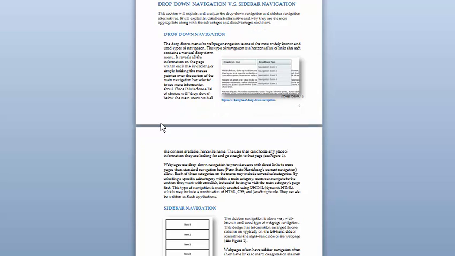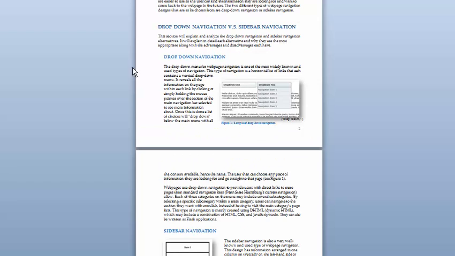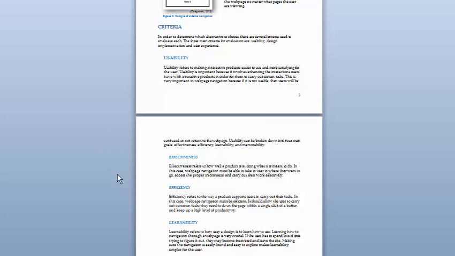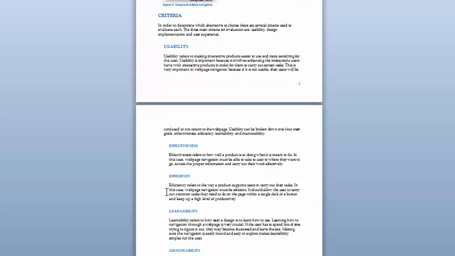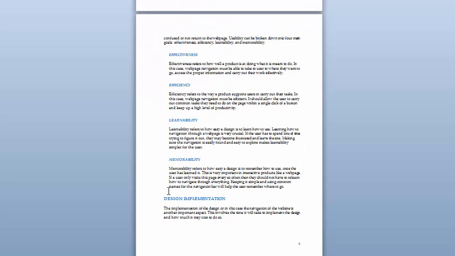Here we have drop-down navigation versus sidebar navigation. These represent the alternatives here in play. And then three, the writer has defined the criteria that will be used to evaluate, analyze, and compare and contrast each one of those alternatives in order to recommend one or the other, which was the last section we finished